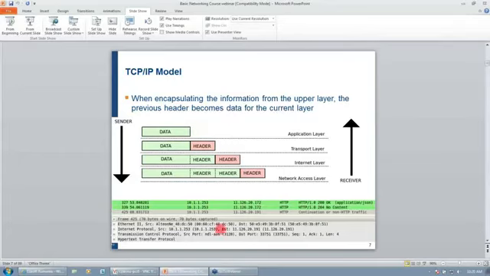In the picture below here, you actually have a captured packet describing all the headers. You have the Ethernet 2 format, which is a layer 2 header, which defines here the MAC source and the MAC destination. You have the IP header, which says the IP source and IP destination.